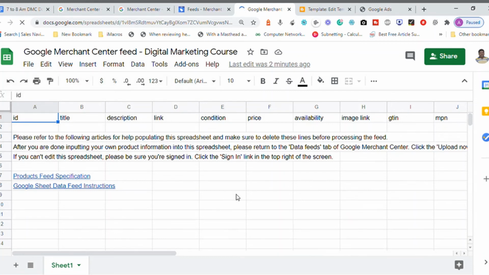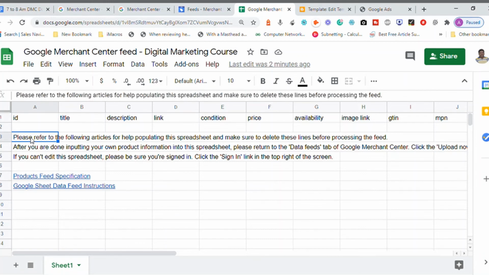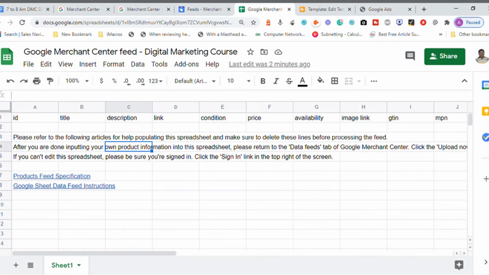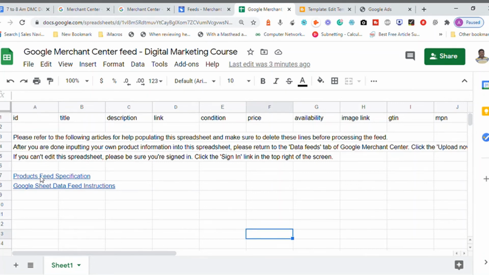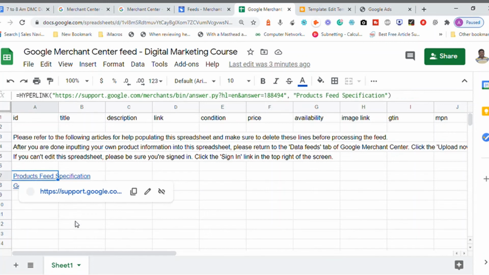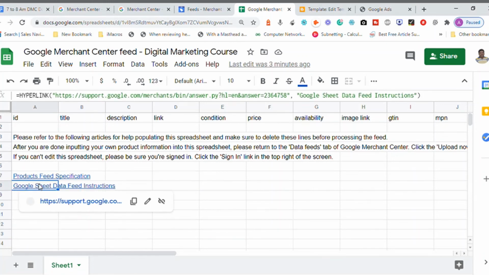Please refer to the following articles. There is only one sheet given here. What does it say? ID. Are you trying to input your own product information? If you can edit this spreadsheet, please do. You are signed in. Now what happens? There are product specific fields and specifications, Google Sheet data field instructions.